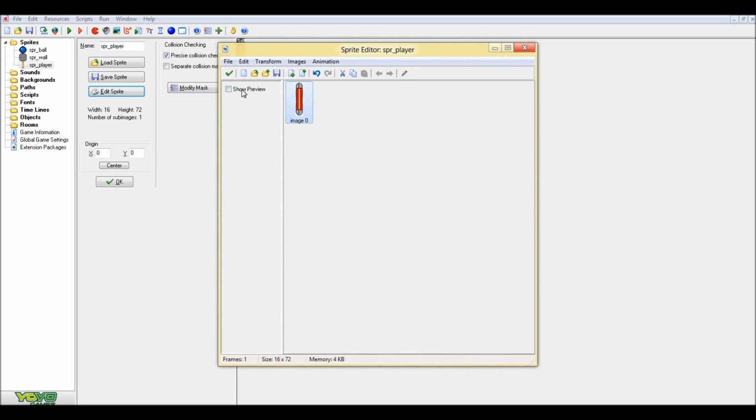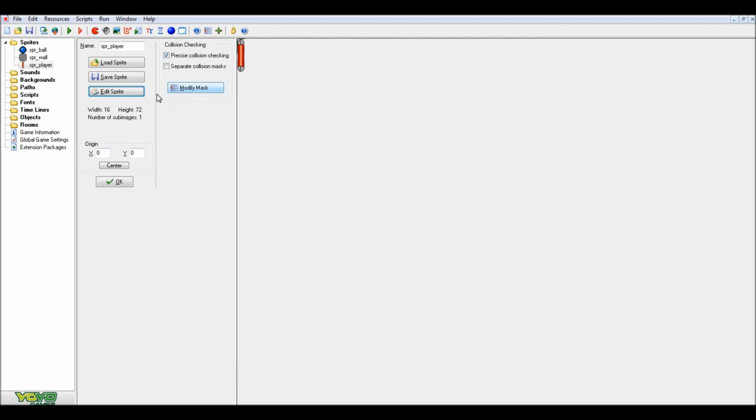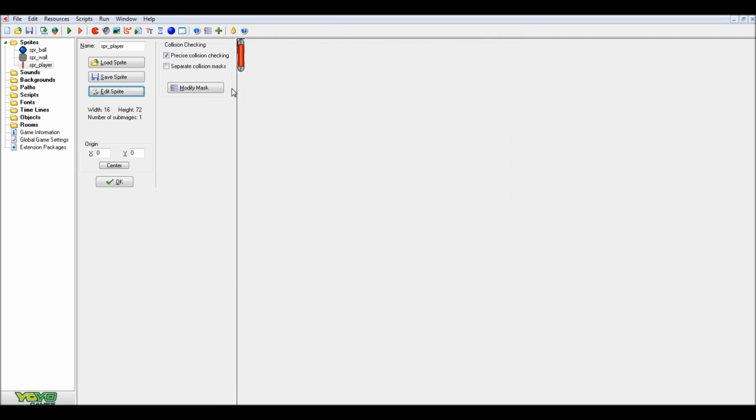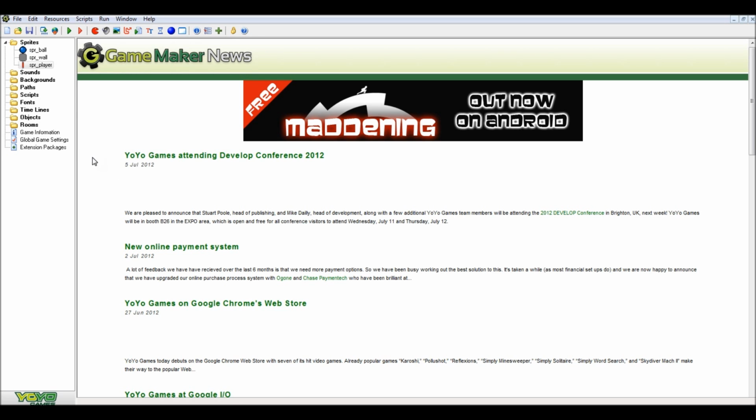So we got our red bat. Actually, there we go. Now we got our little red bat, and then we'll need to make a